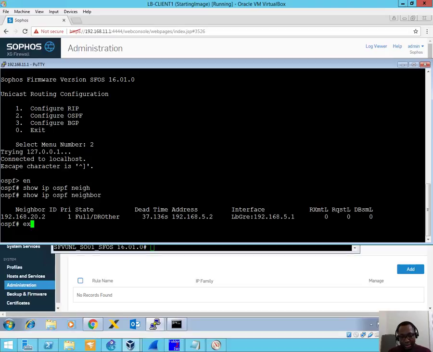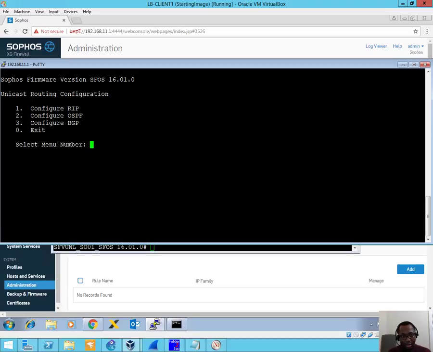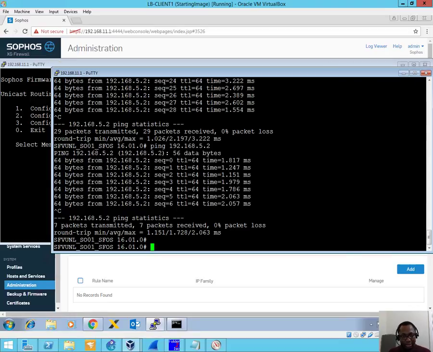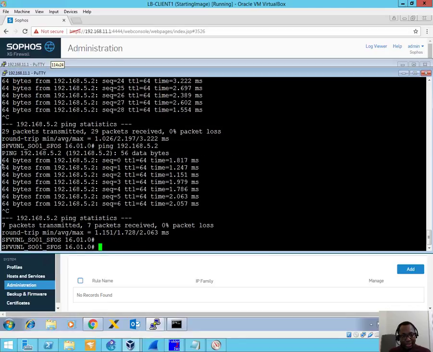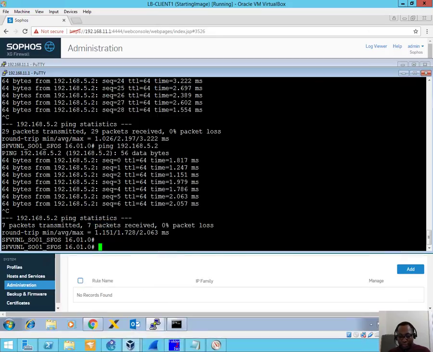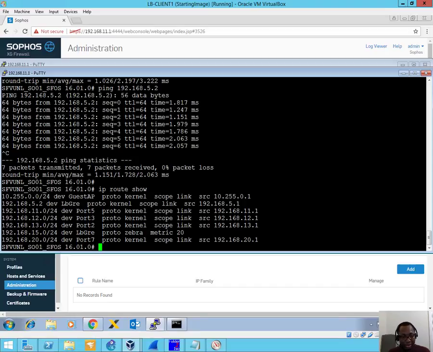If I go exit on this, okay. So if I just do on the XG, let's see what's in the routing table. So I'm on the light bulb side. Let me see if I'm able to see information about this 192.168.15.0. I've not specified this statically anywhere. Let me see if I've learned about this network from my neighbor, which is across an IPsec tunnel. So let's see, if I do ip route show, and you can see